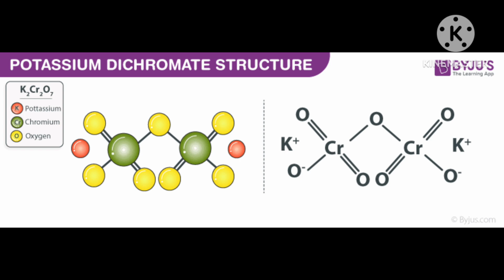For that, a manganese(II) salt is oxidized. Manganese ion salt means you can write 2Mn2 plus, the cation, then 2Mn2 plus